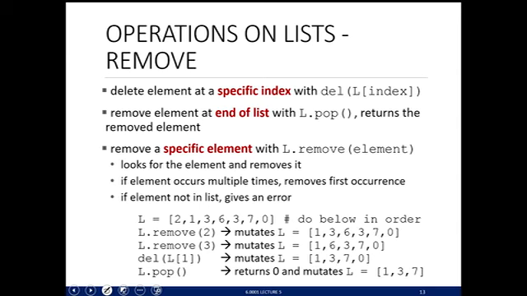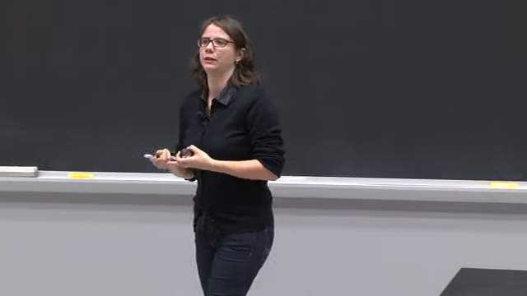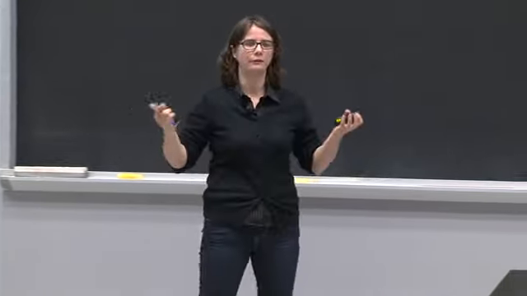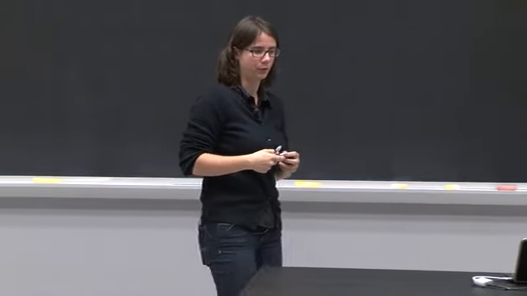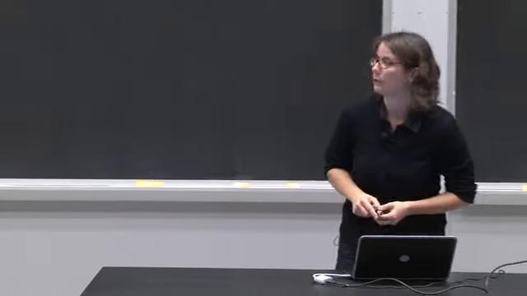If you want to remove a specific element, so you know there's somewhere in your list there's the number 5, and you want to delete it from the list, then you say L.remove, and you say what element you want to remove. And that only removes the very first occurrence of it. So if there's 2 5s in your list, then it's only going to remove the very first one. Okay? So let's take a look at this sequence of